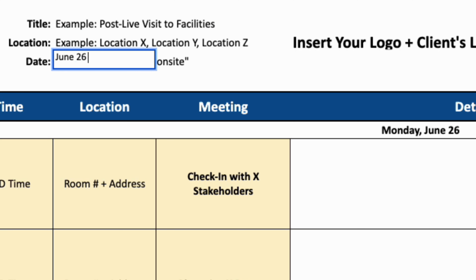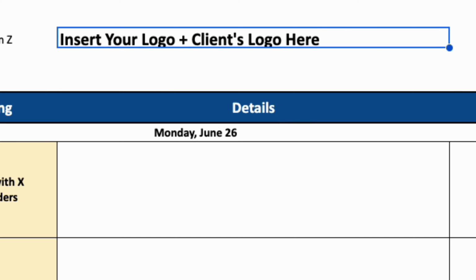It's always nice to include your logo and your client's logo as well. That shows that this is very personable and this is a very intentional trip that's specific for that client. Let's now plan for an example agenda for one of our